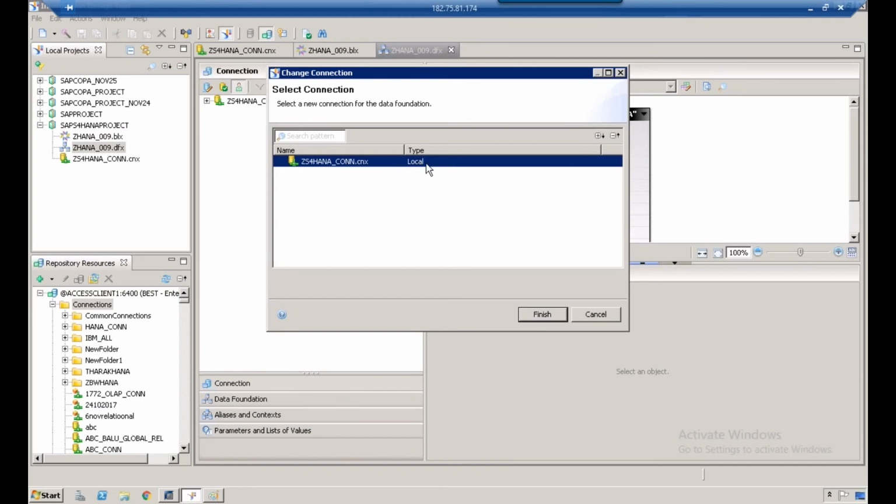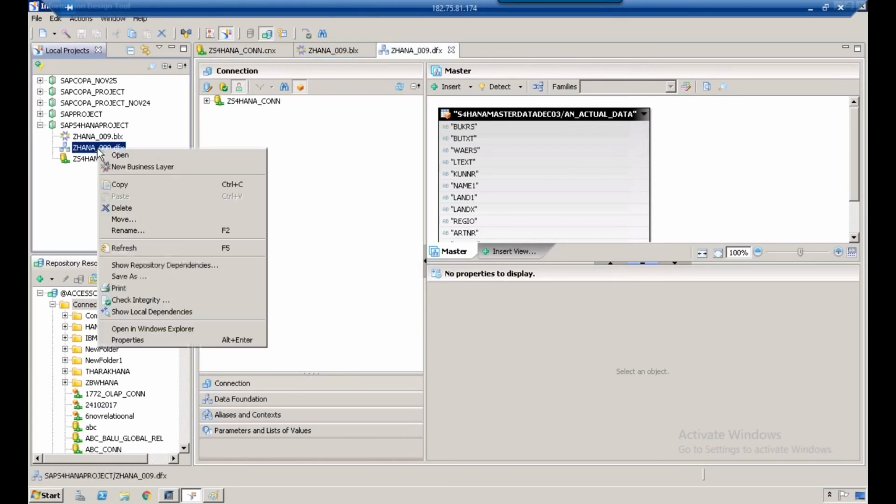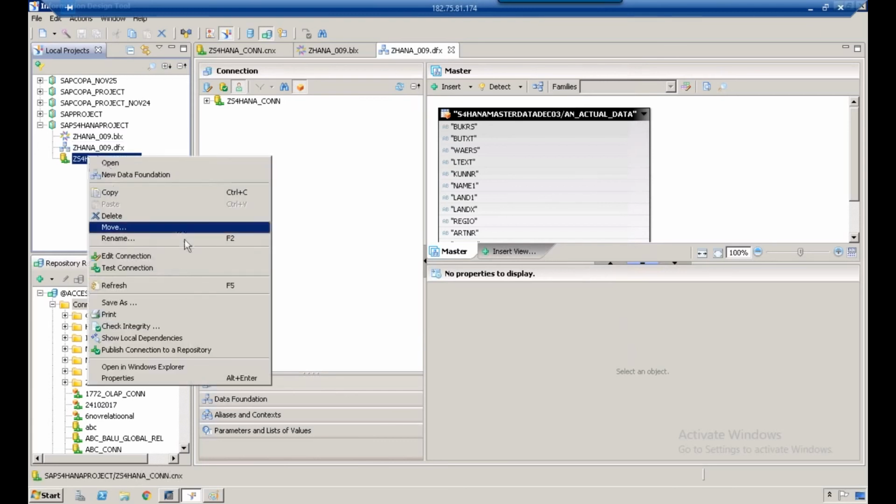Then what is a secured connection? A secured connection is a connection that is already published to the repository. How can I publish a local connection to a secured connection? How can we do a publish from local to secured? So what we'll do is, let us right click on the connection, click on publish connection to repository,